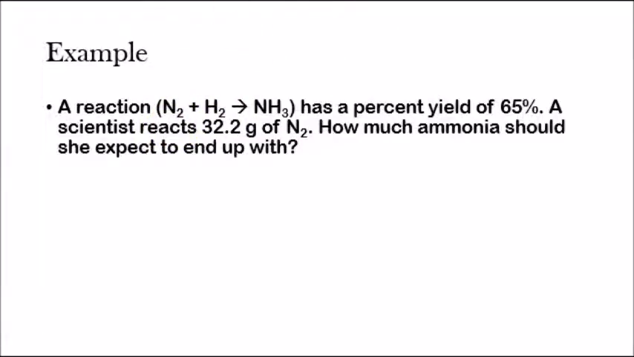Okay, so first things first, let's balance the chemical equation here. So there's 2 nitrogen atoms on this side. There's only 1, so we can put a 2 here to get that to balance. And then now we have 6 hydrogen atoms here and only 2, so we can put a 3 here. And everything is balanced. Excellent. Okay, so from here,